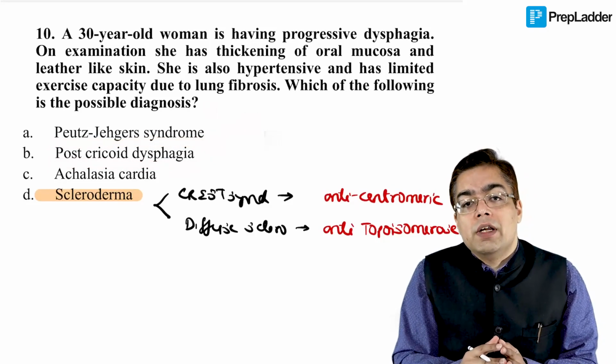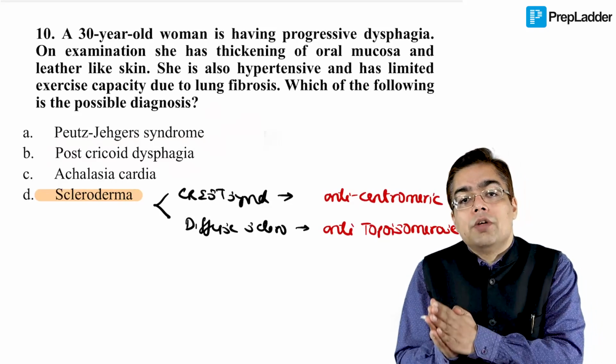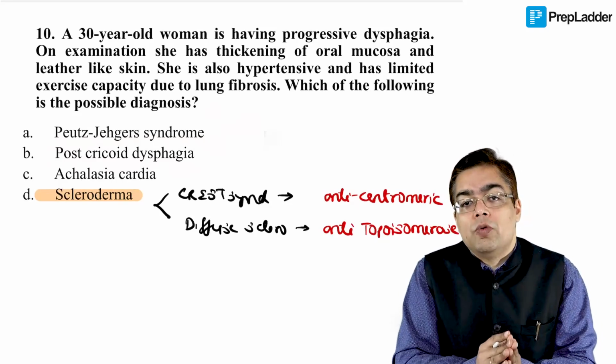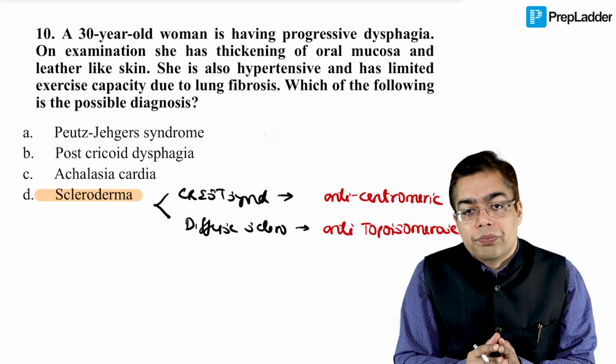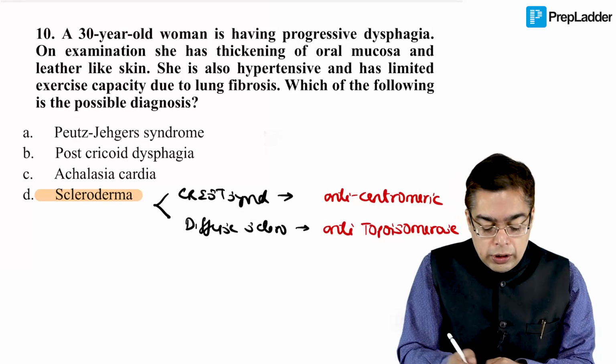And the condition that is very often asked in the exam is a combination of iron deficiency anemia and esophageal web, which is given the name of Plummer-Vinson syndrome, also called Patterson-Kelly-Brown syndrome, right? So we need to be familiar with that particular fact as well.